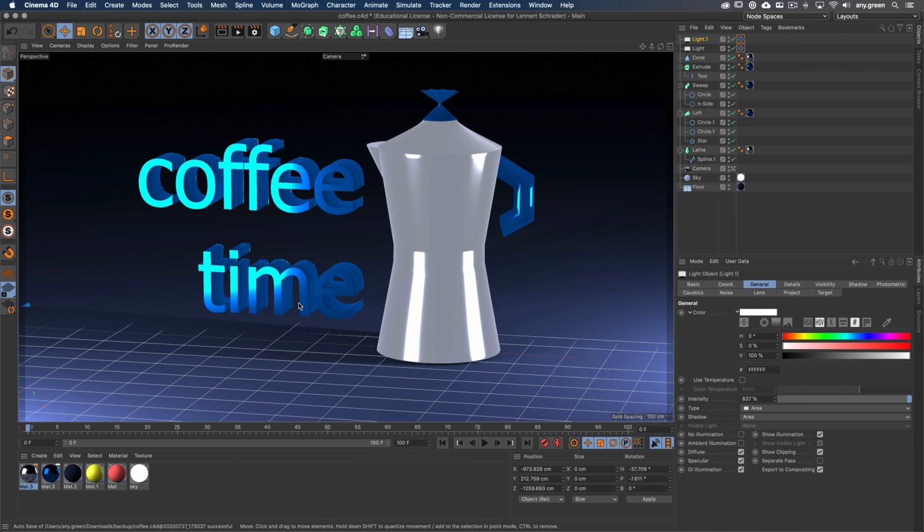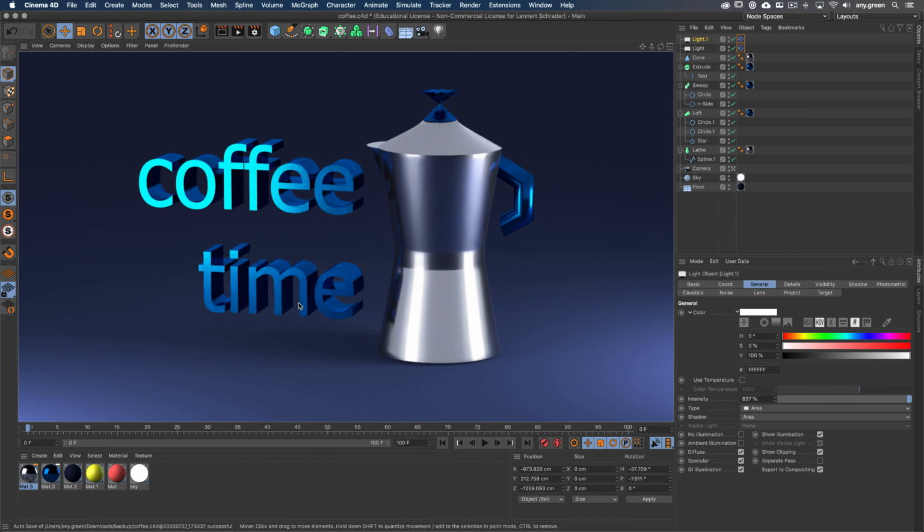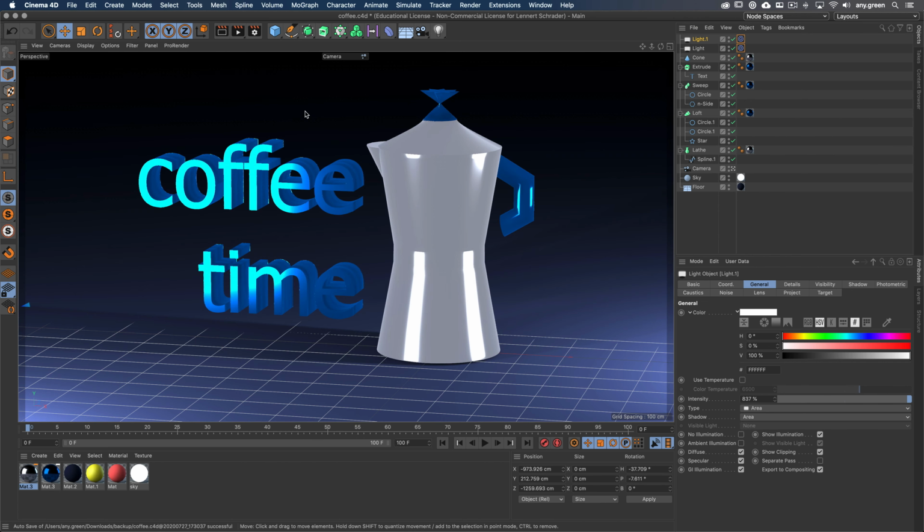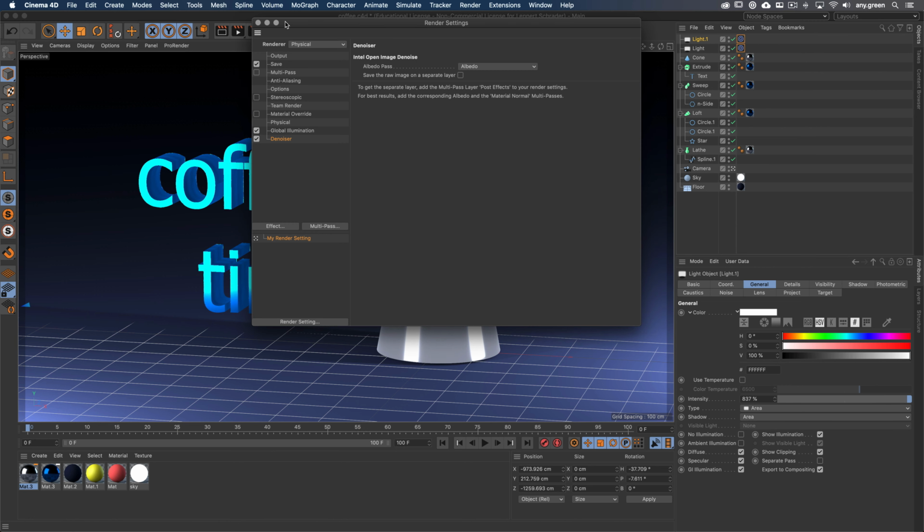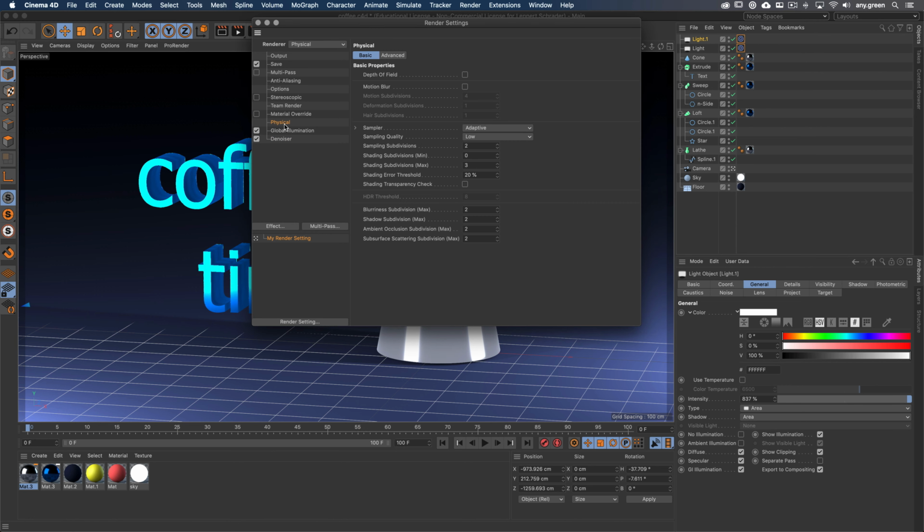Damn it. Okay, sometimes Cinema does that. It does this weird thing where it just stops. I will try to find a freeze frame where we can see it, but I'm pretty sure that the denoiser didn't work perfectly. So in order to optimize this, we will go to the render settings, to the physical, and